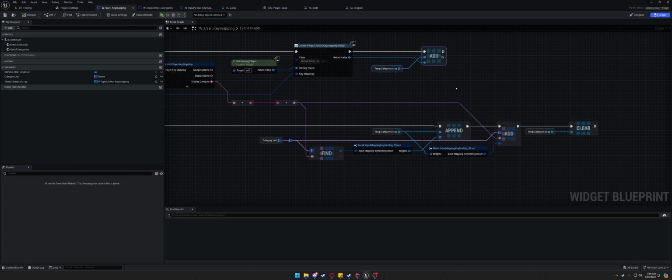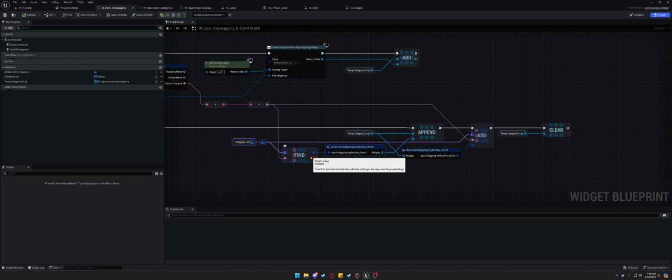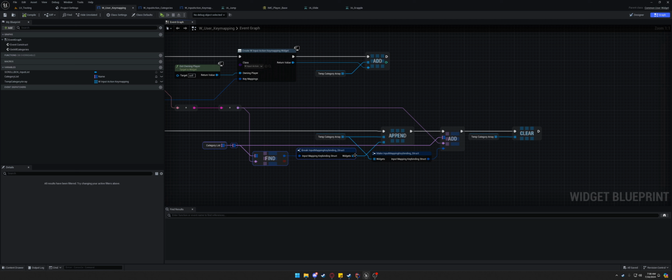So we created this temp array. We try to find other widgets of the same category that we're currently doing. If we found them, this will return with actual stuff. If it doesn't, it will return null. So appending nothing into something just gives you something, instead of appending stuff, so you don't have to check. So you append